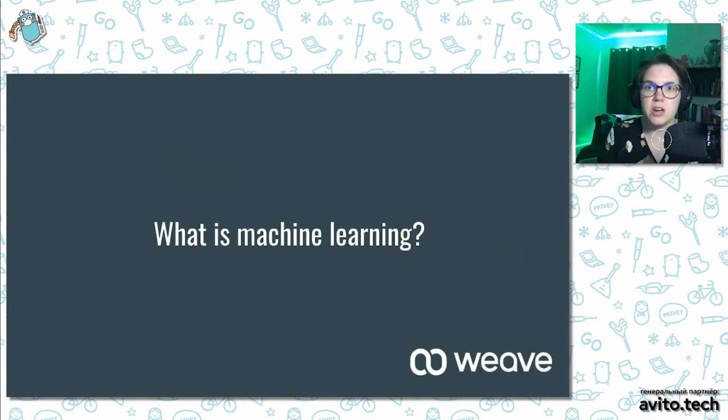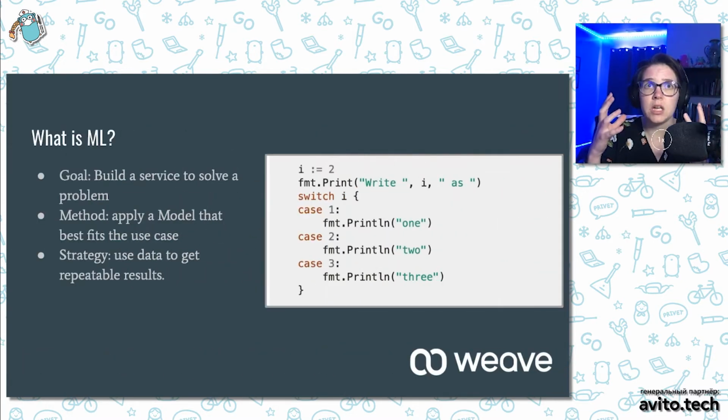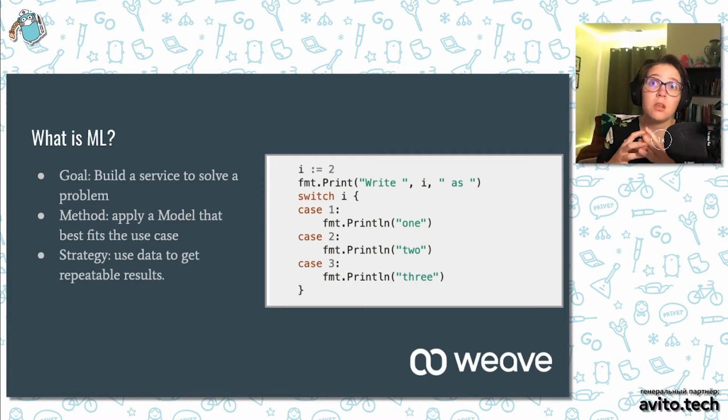So just by way of introduction, what is machine learning? Conceptually, it's really easy just to think of machine learning as a way to solve a problem. I like to think of it as a switch statement, more than just a switch statement, a very overcomplicated switch statement. For example, say you want to determine a cat versus a dog. So you take a picture of a cat and you're going to put it in your switch statement. So first case, we know that cats have pointy ears. So case 1 has pointy ears, default not cat.